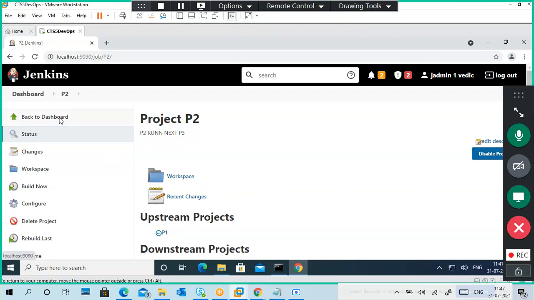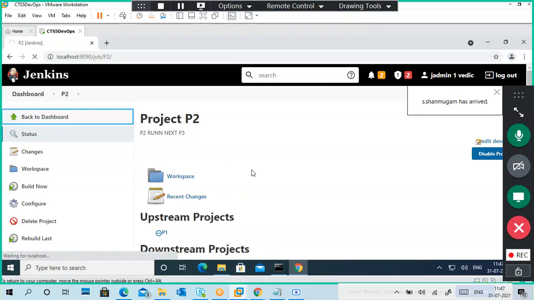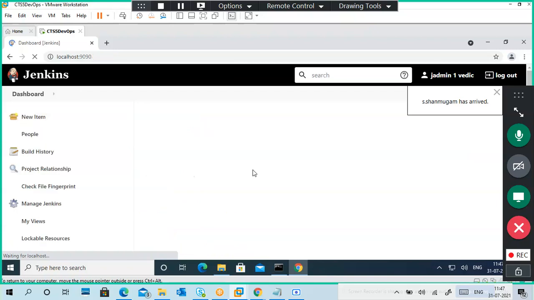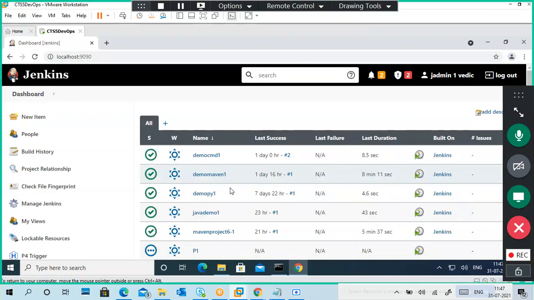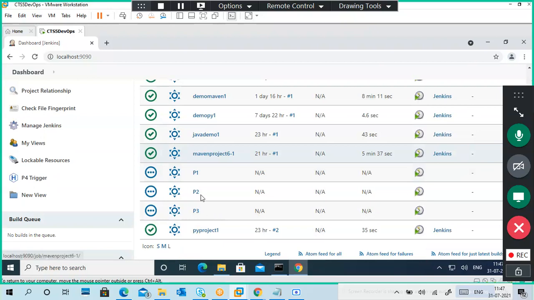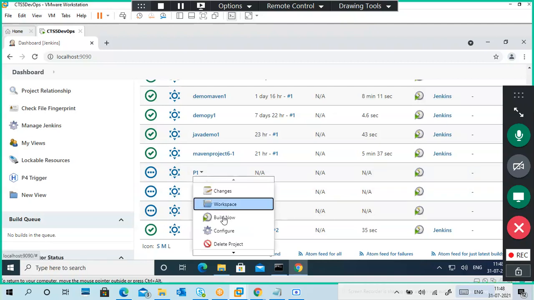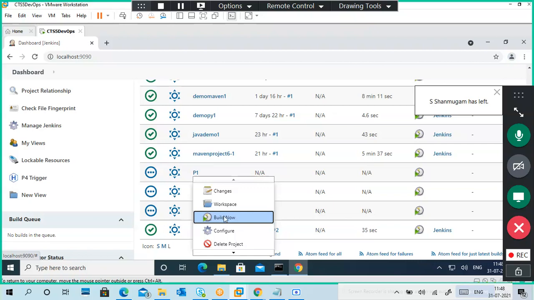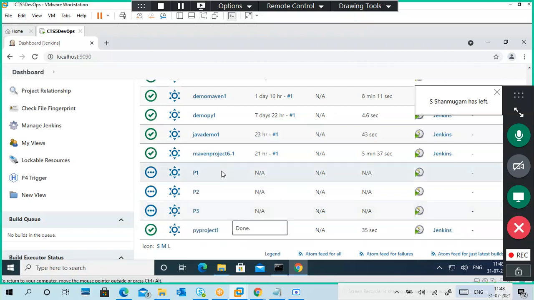So what I'm going to do is based on linking projects. I will run P1 first, then automatically it will build everything. So I click on this button, build now. So P1, I click on build now, without opening P1. So it is running now.